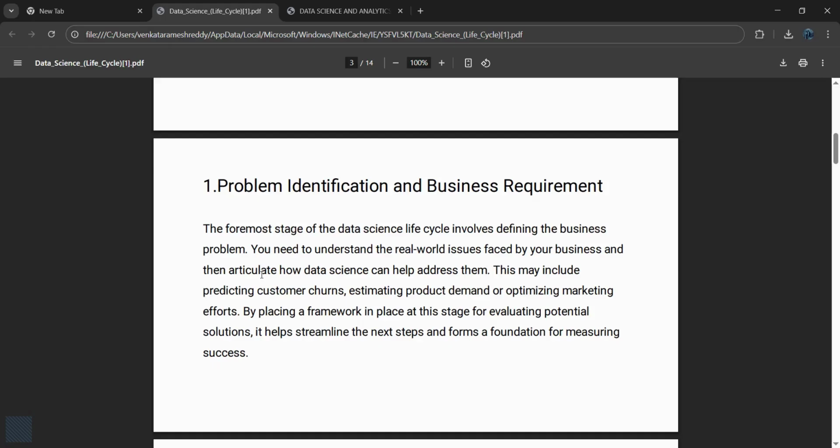And also you can optimize your marketing efforts. Next, by placing a framework in place at this stage for evaluating potential solutions, it helps streamline the next steps and forms a foundation for measuring success. It's also very useful in streamlining